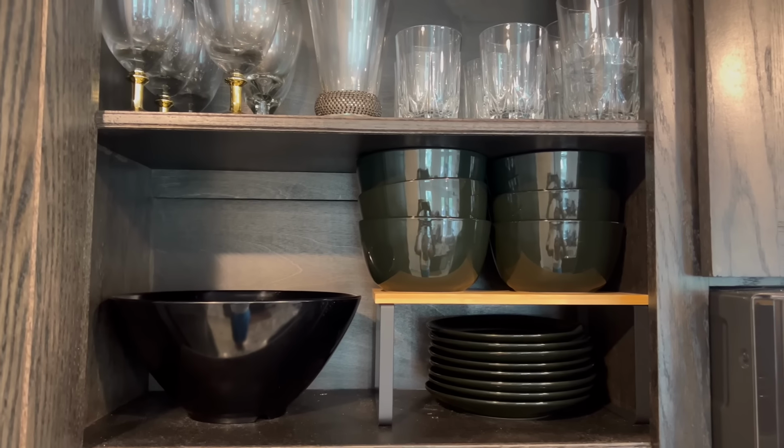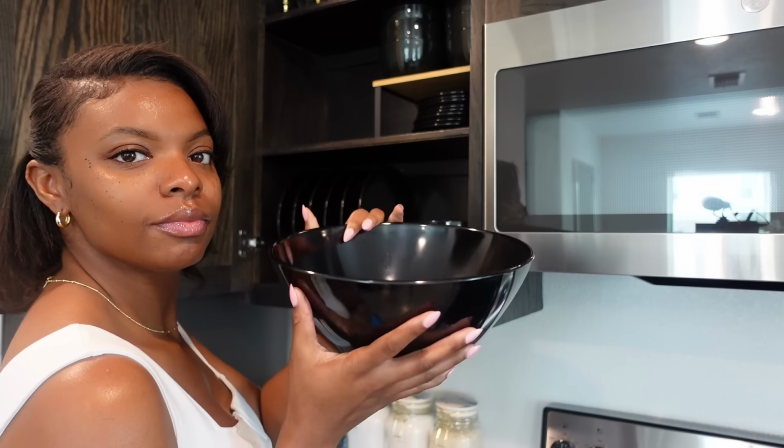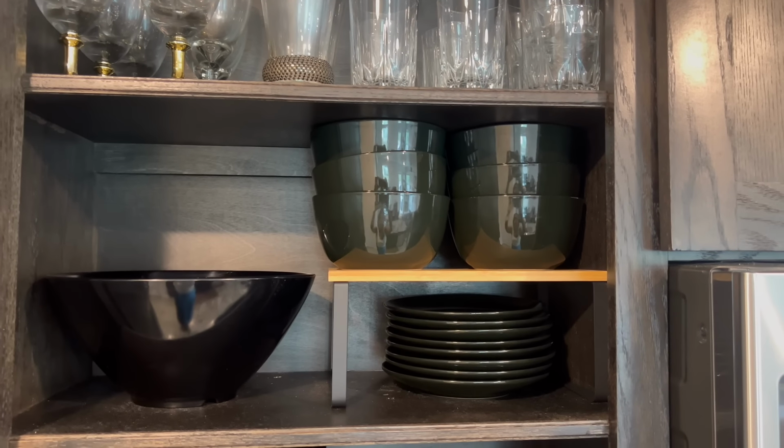Now, the second shelf, I do have my bowls where we possibly eat cereal out of, and then one other larger black bowl, and then saucer plates. Now, remember how I told you I have the shelf dividers, and it was a pack of 2? These are the pack of 2 shelf dividers, okay? These shelf dividers are so good. One is taller than the other. In our previous home, I had them stacked together in the same cabinet, as you see. But in this case, I needed them for 2 separate purposes. So in this particular space, I used one in one cabinet, and then I used the other one in this cabinet. And I just think it looks so good because it separates the plates, it separates the bowls,